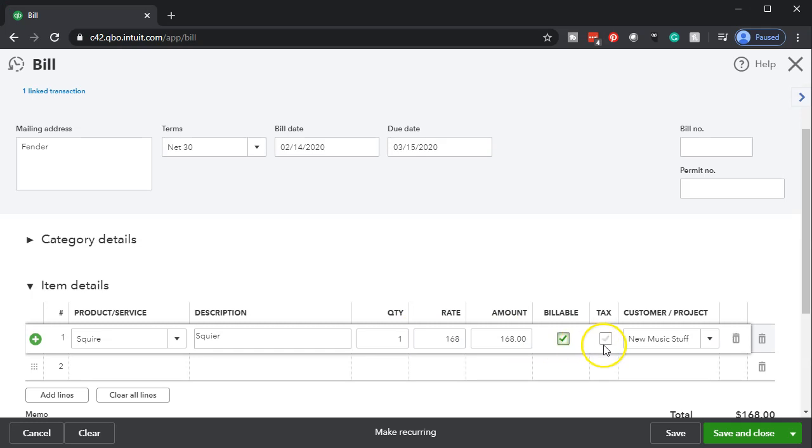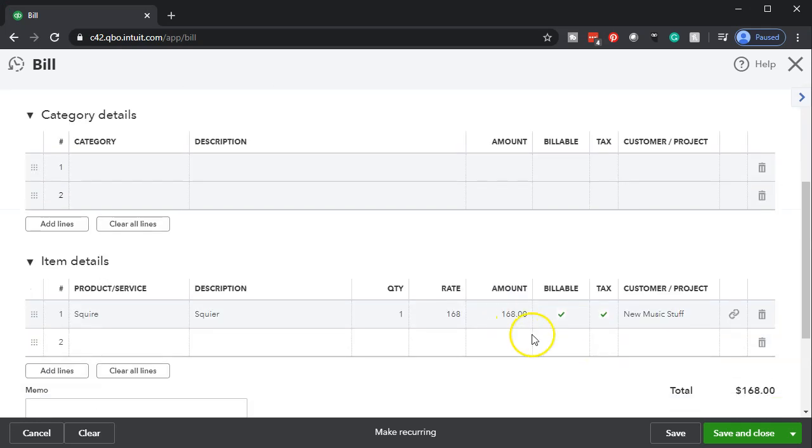So I'm going to say it's billable here. And that means when I create an invoice for the customer, which is what I'm going to do next, I'm going to turn around and create an invoice for this new music stuff. Then it will populate it for us. It's not perfect. It'll populate the cost, and we need to change it to the retail price, but it will